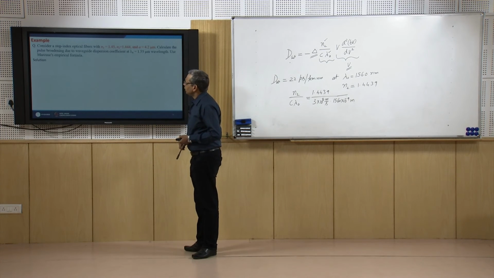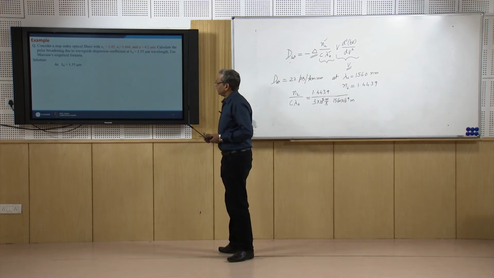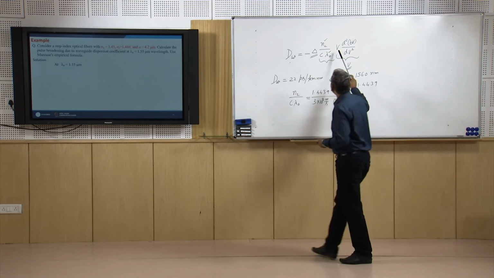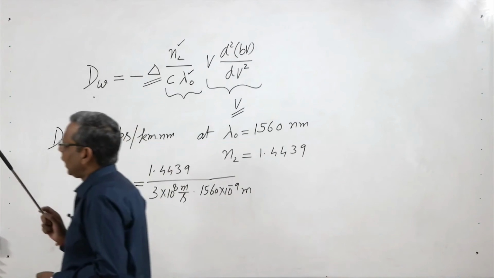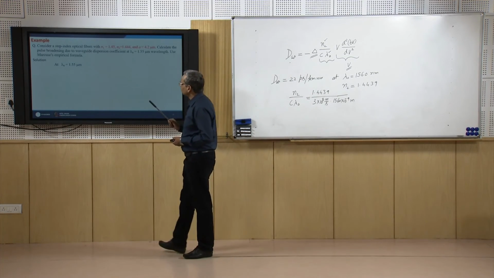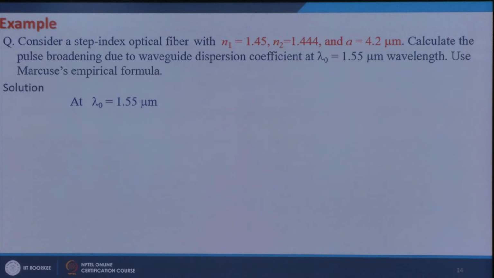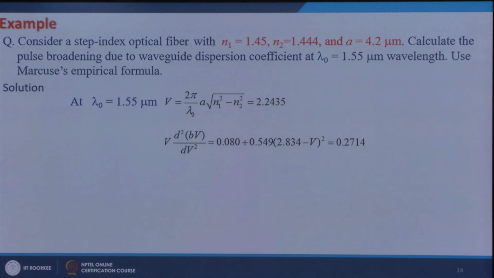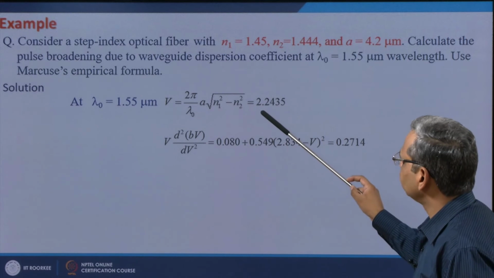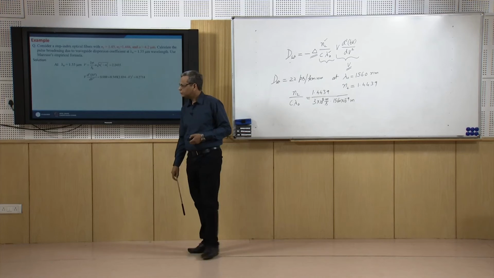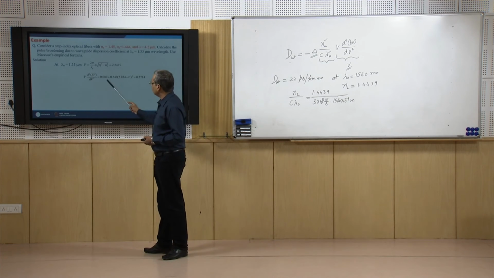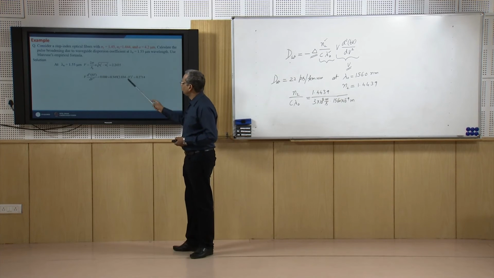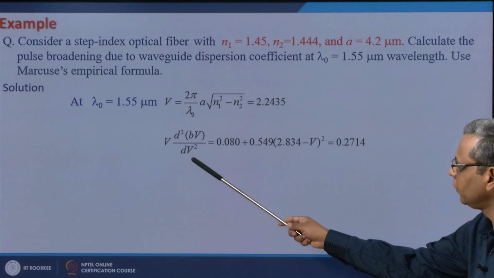So, the solution is, what I need to do first is find out V times d2(Vb) over dV square. So, I first need to find out the value of V at lambda naught equal to 1.55 micrometer. V is given by this. If I calculate V, it comes out to be 2.2435, and Marcuse's formula for V times d2(Vb) over dV square is this. If I put in this value of V, the value of this comes out to be